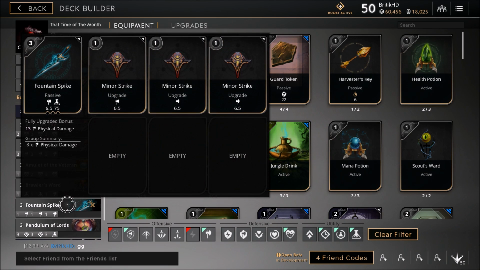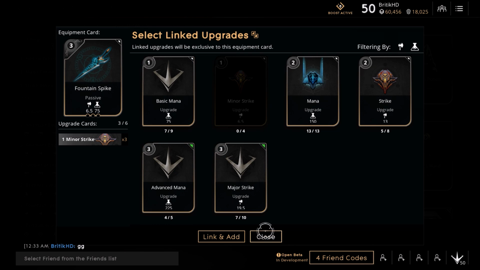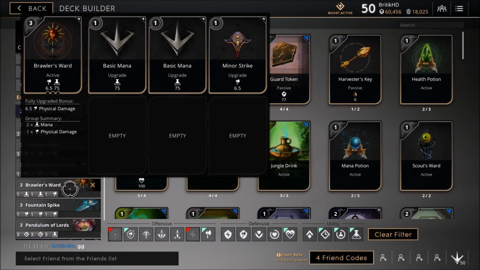But yeah, Fountain Spike is going to be the first item you build after those starting items, and we're going to slot this with 3 minor strikes to give us that full upgrade bonus of physical damage. This is going to give us a really good amount of early damage in the lane, and we usually start wards, but we want to get our damage first, because with our ward, which is going to be Brawler's ward, because it gives us mana, we're actually going to slot it with 2 basic manas and 1 minor strike, just for a little bit more damage, but also for that early game mana,